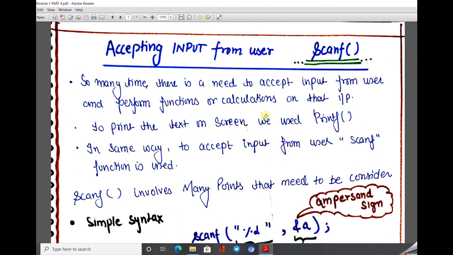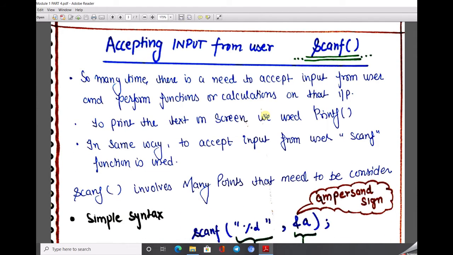So now the next point: how does the computer system accept input from the user? When I write my programming code, how does it get the instructions, and how does it show the user a prompt to enter a number, so that the user can understand that the computer wants input? The main function for taking input from the user is known as the scanf function.